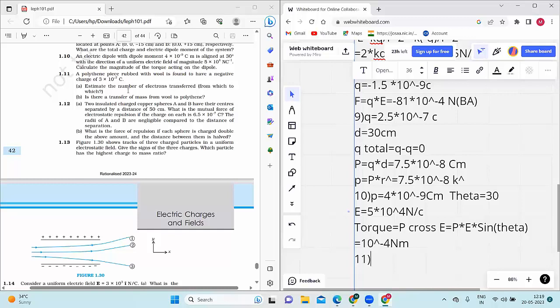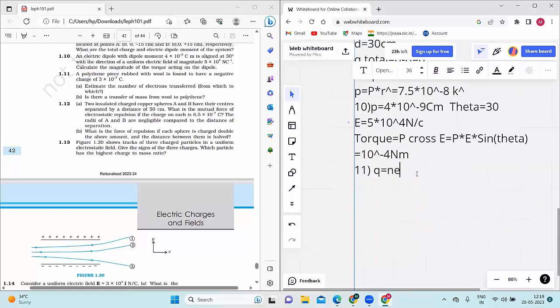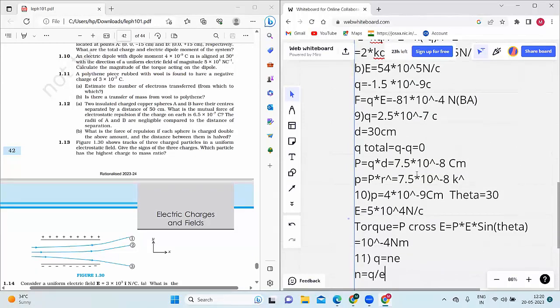So the polythene piece has acquired the negative charge. Estimate the number of electrons transferred. As we know, through the quantization of charge, Q is n times e. So from this we get n equal to Q by the charge of an electron. We have the value of the charge of an electron as